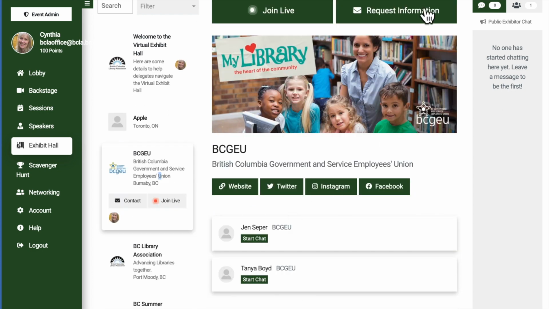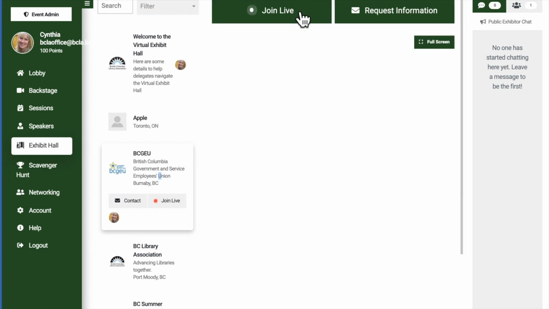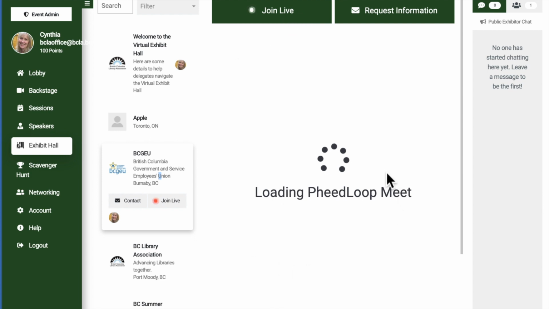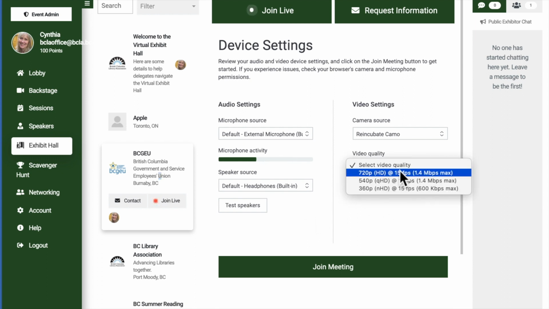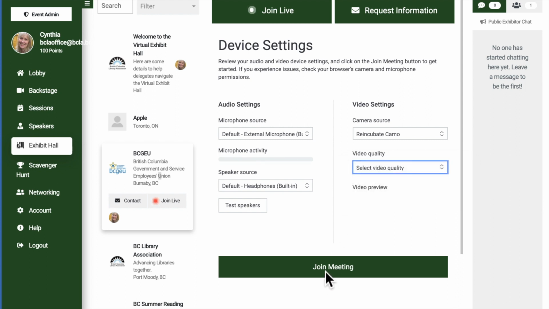Several exhibitors have included a request information button as well as a join live button. This allows you to connect to a representative by video. A window will open up and you'll see some device setting options. You'll want to enable your microphone and camera, and Feedloop suggests choosing a video quality of 720. Then you click on Join Meeting and you'll enjoy the virtual equivalent of walking up to a booth in real